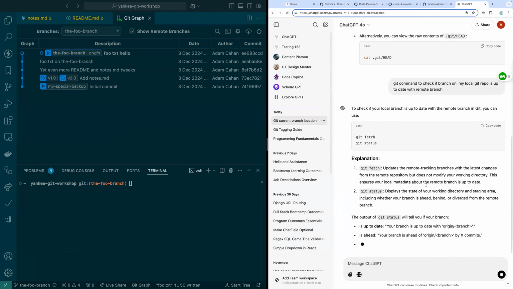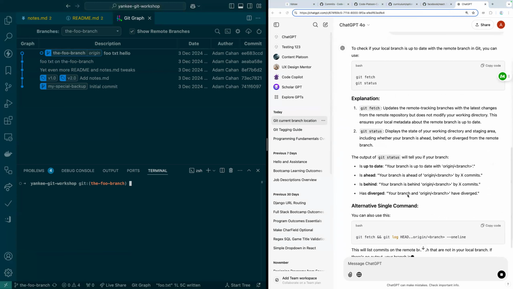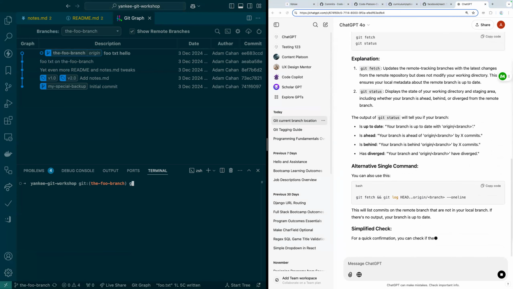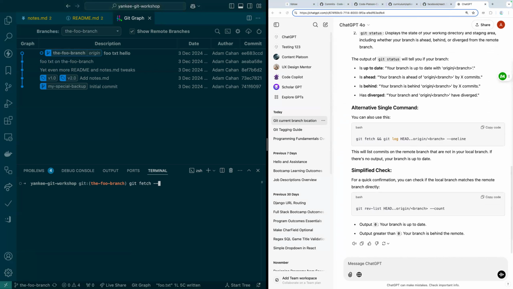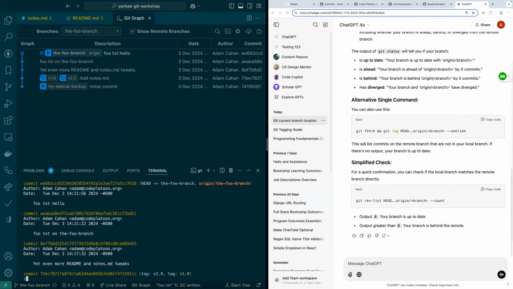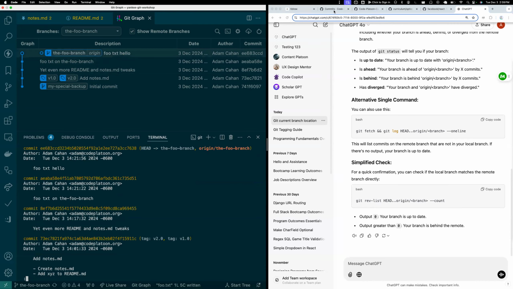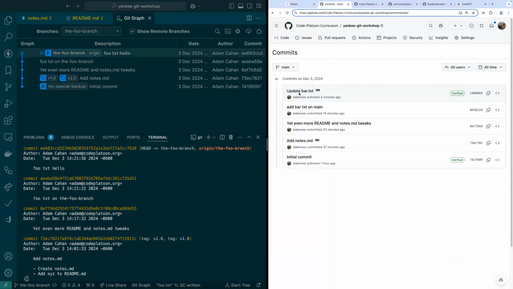Yeah, I would have thought this is telling me that I'm behind. I'm not sure why it's not. Maybe I have to do git fetch --all. I'll be honest, folks, I would have expected it to tell me that it's behind. But point being, if we look here, both in the Git graph and in our Git log, we see that we have these foo commits, but we very much don't have